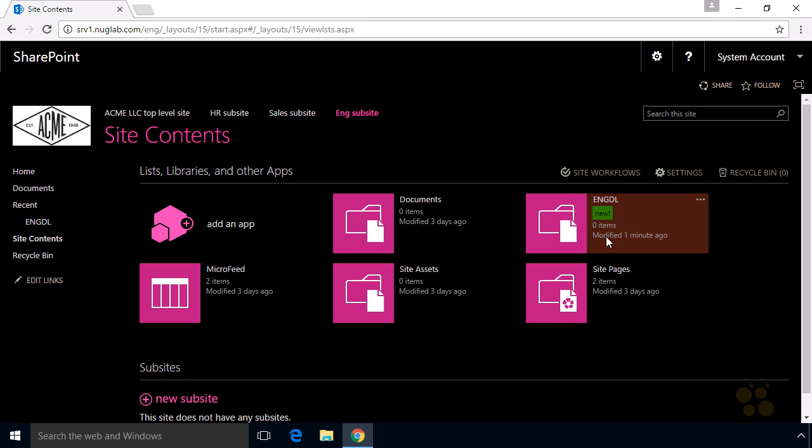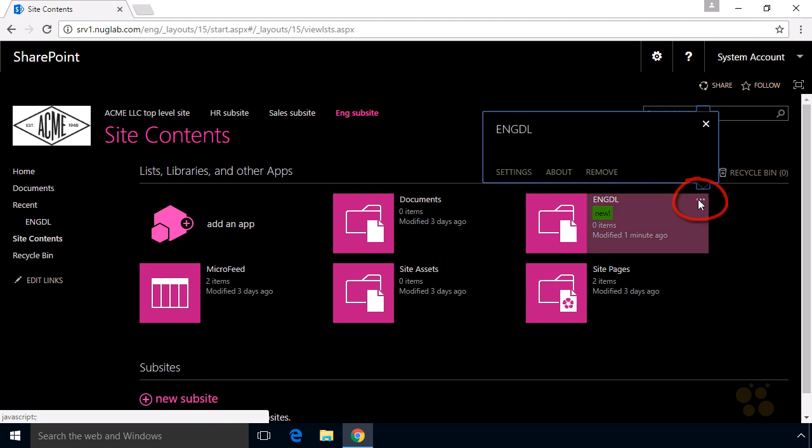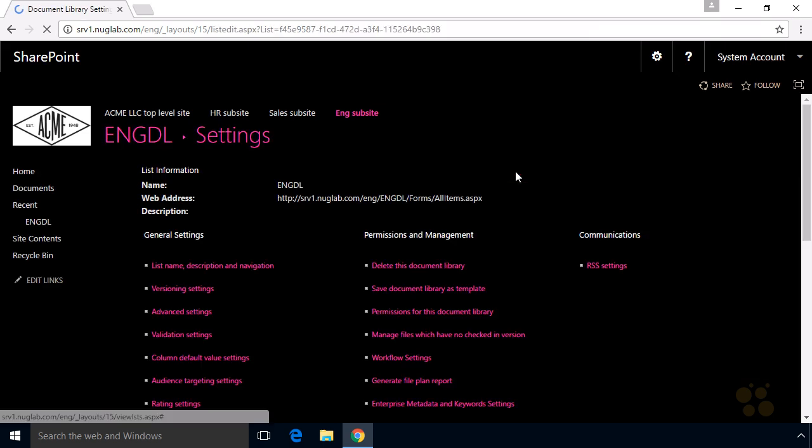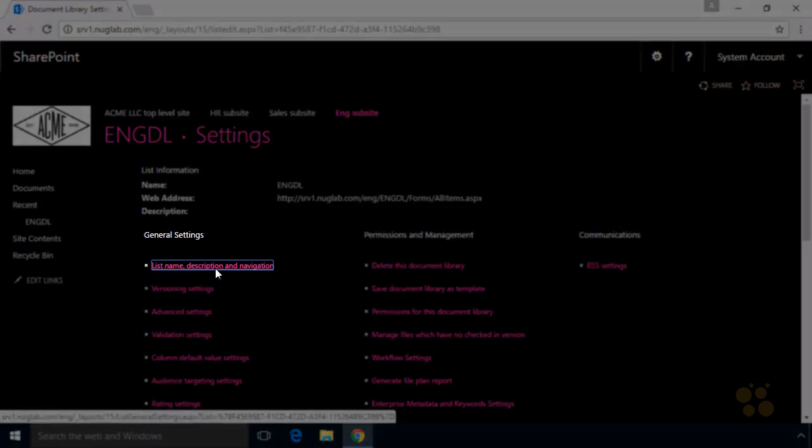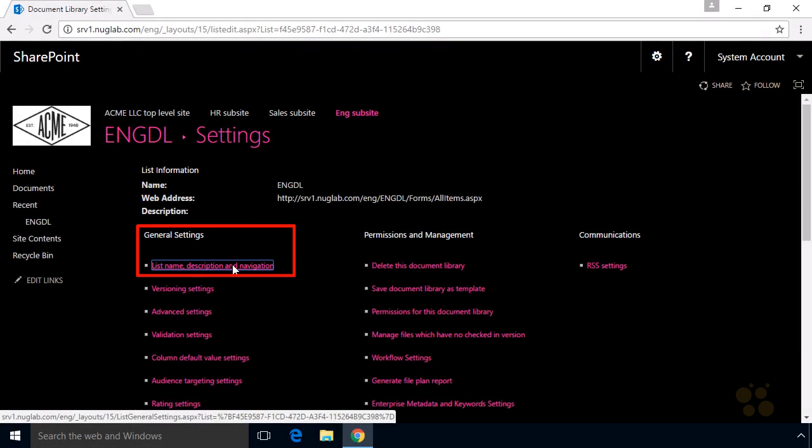If we wanted to edit the details, including the title, for this document library, all we need to do is click on the ellipsis right here next to the document library. And then from the menu that comes up, we can simply select Settings. So with Settings selected, from here under General Settings, there's an option for List Name, Description, and Navigation. So if we click on that link,